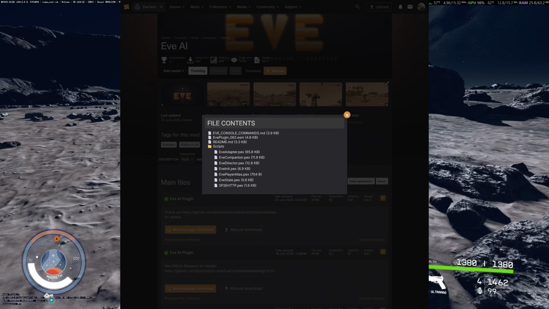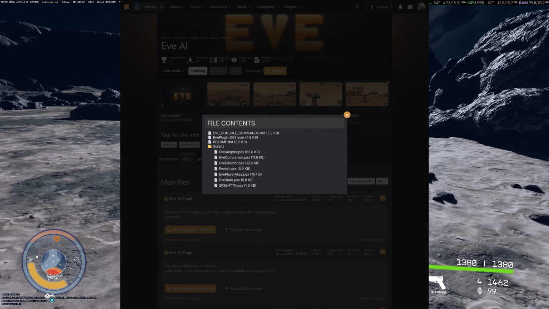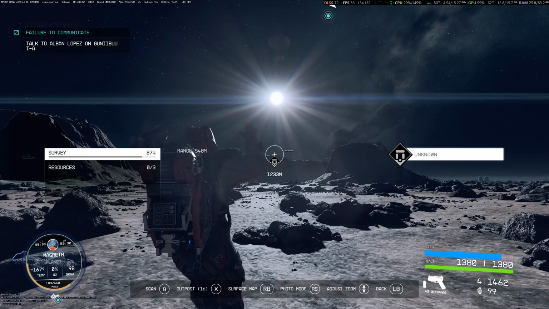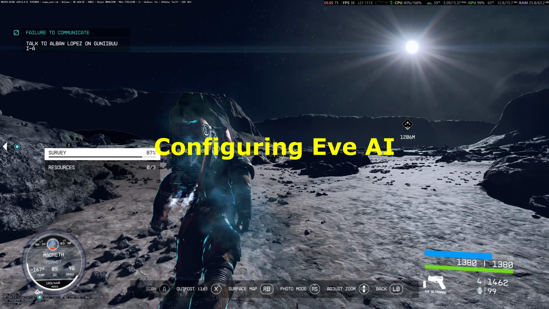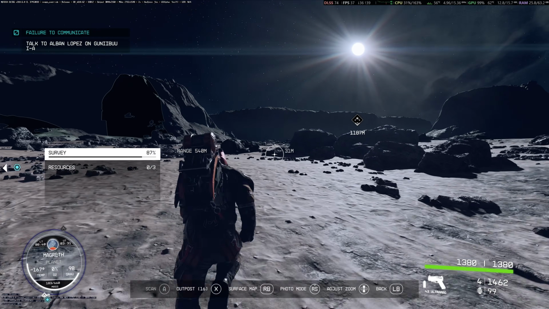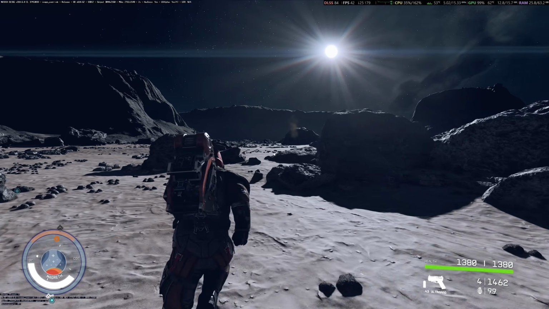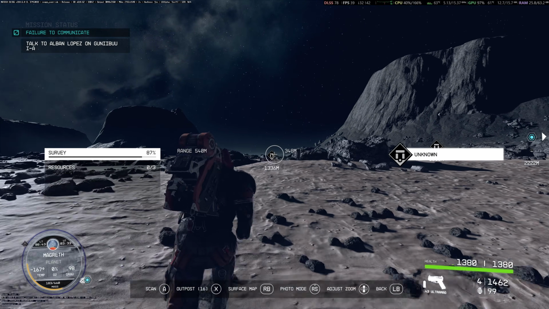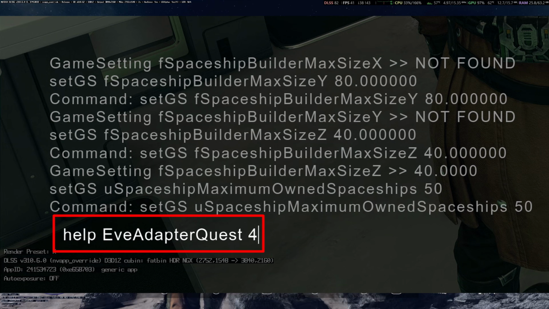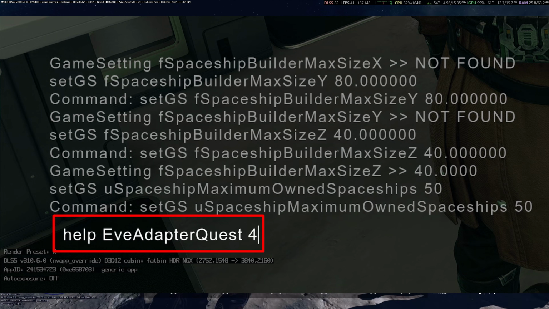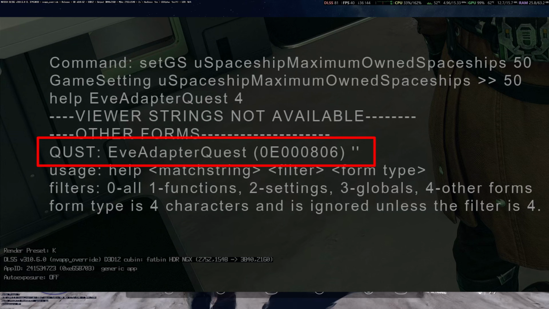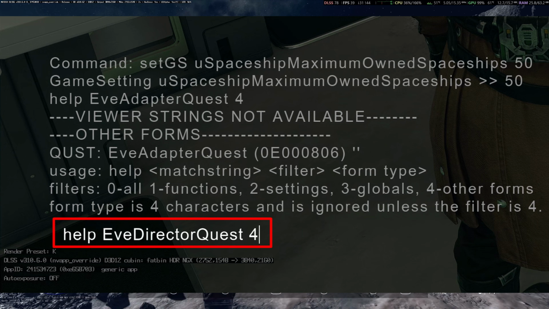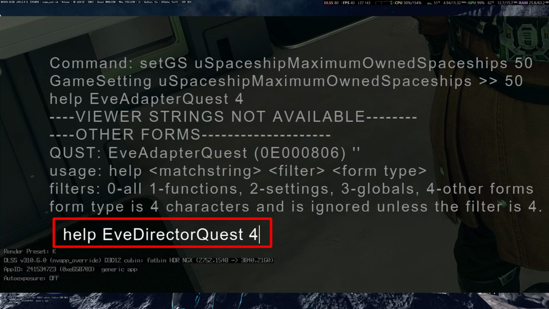I installed version 0.6.2, matching the model package, which was the latest as of the day I wrote this script. Next, configuring Eve AI. I needed to enter a couple console commands to make sure Eve was running. I had to find the Quest form ID for the Eve adapter and the Eve director. I opened a console and ran help Eve adapter Quest 4, and I got the value 0E000806. And I ran help Eve director Quest 4, and I got the value